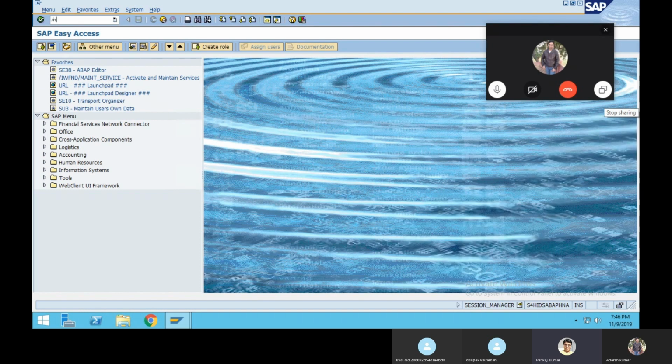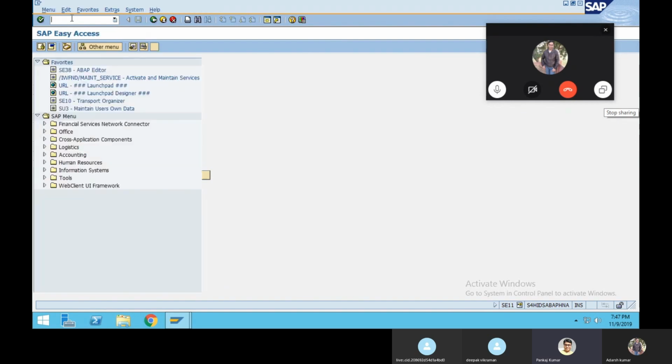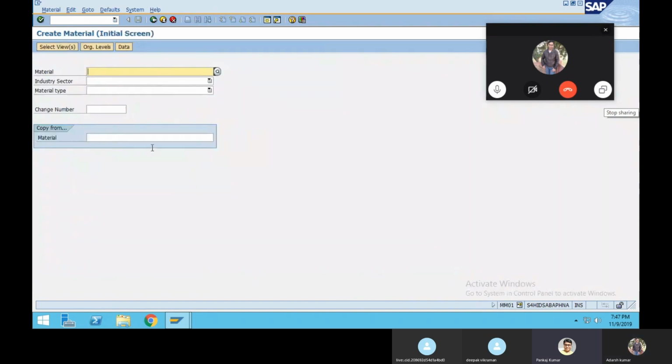If you go here, suppose you want to go to SE11, this is known as an SAP screen. This is module pool. For example, to create a material we go to transaction MM01. If you create a material here, this is again a module pool screen.